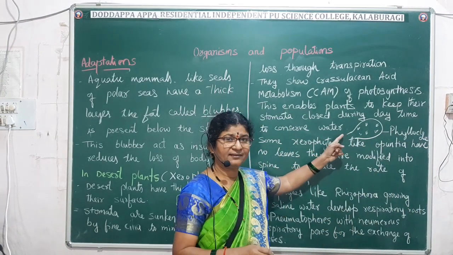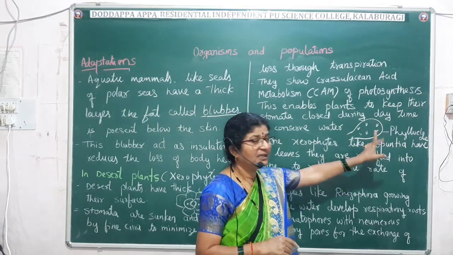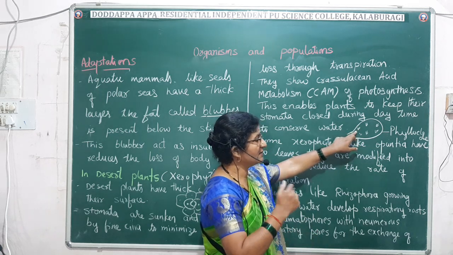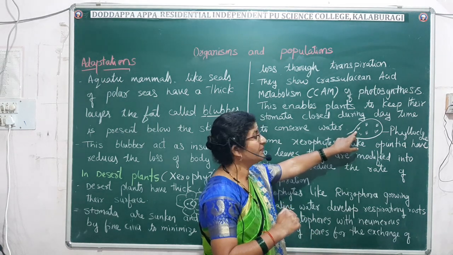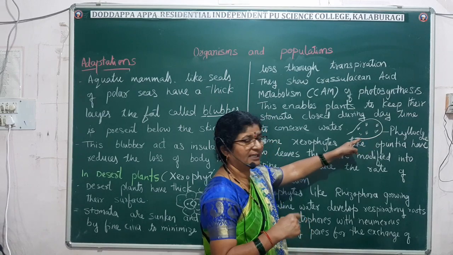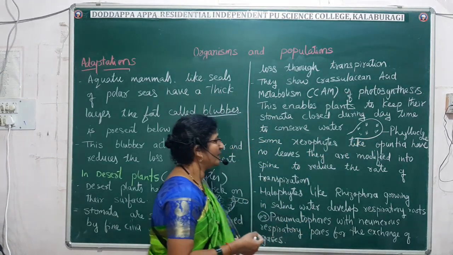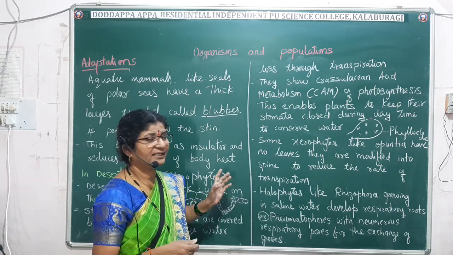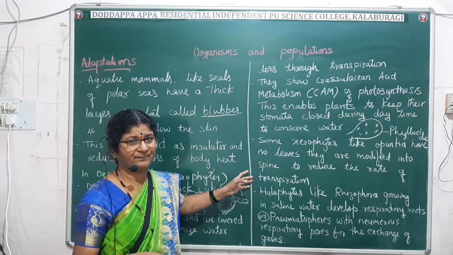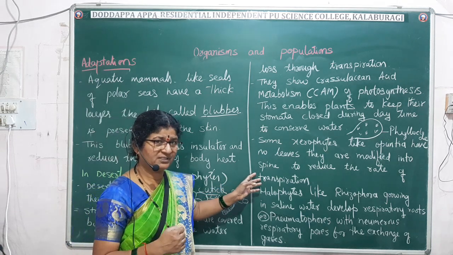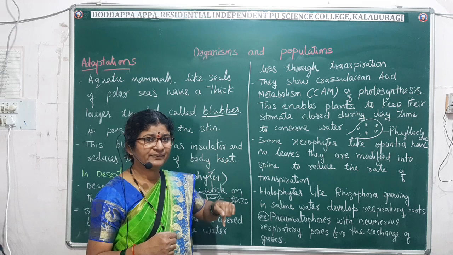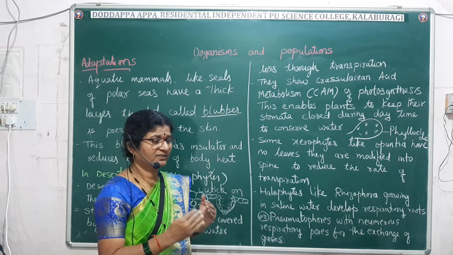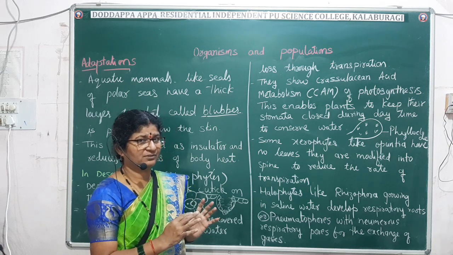So this flattened stem, which is called phylloclade, will help in photosynthesis. As leaves are modified in the form of spines, this is to reduce the water loss. And the flattened stem will help in photosynthesis. This is also one of the important adaptations which you see in desert plants. And usually desert plants have a taproot system which will penetrate deep down in the earth in search of water. A little amount of water, when it is available during the rainy season, is conserved, of course.